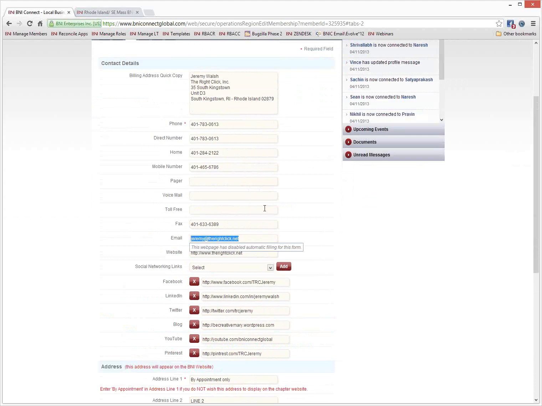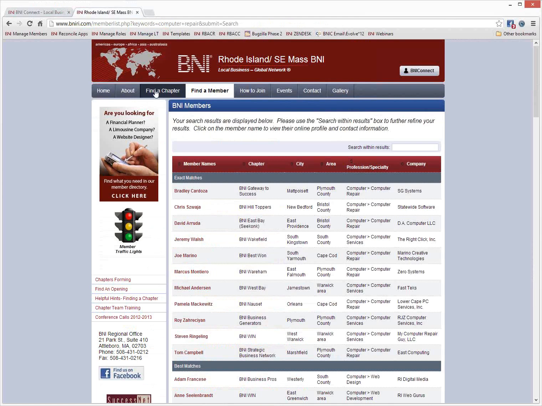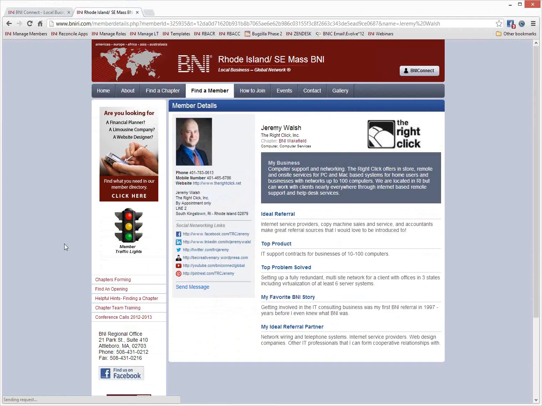Now your email address, keep in mind that this is a unique field, so it does have to be a unique email address that is not used by anybody else in the system. The email address also, this is where all of the communications from BNI Connect will go to. So when your regional office needs to email you, or when another person in BNI needs to email you, and even up on the regional websites, if I go back to my profile, you'll see that there's a send message